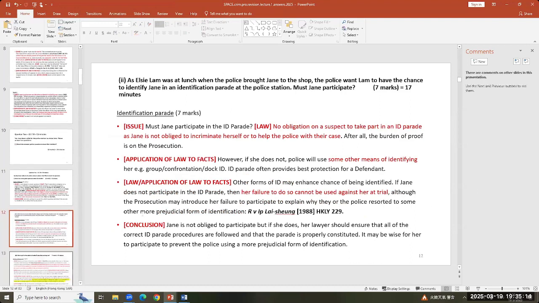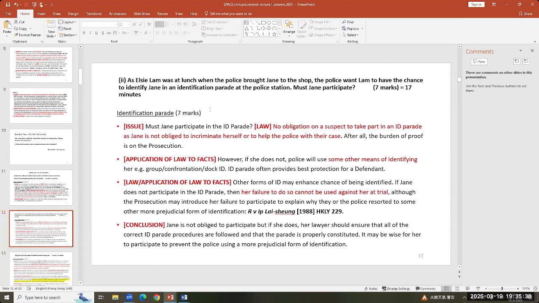The next question is, Elsie Lamb was at lunch and they want Lamb to have the chance to identify Jane in an ID parade at the police station. Must Jane participate? For 7 marks. So this is a really easy question, in my opinion, because of course, she has no obligation to take part